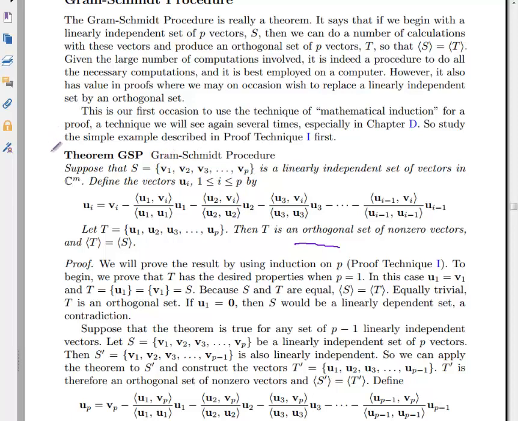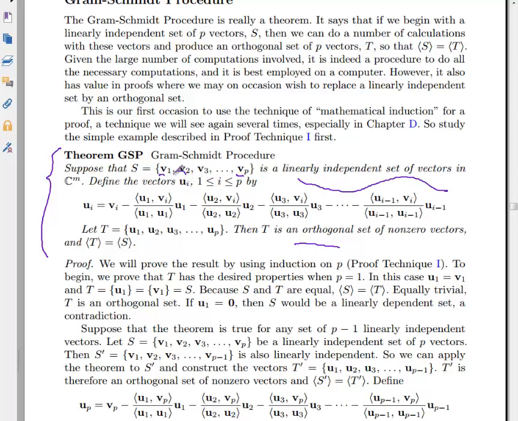Let me just go over the statement of this theorem, and we'll do an example. I'm not actually going to go through the theorem. It's kind of complicated. It's better, I think, to do an example. All right, so here's the statement of this theorem. Suppose you have p vectors that are linearly independent,